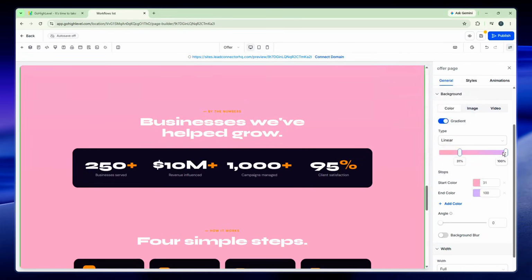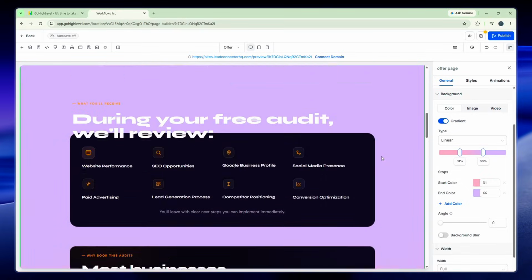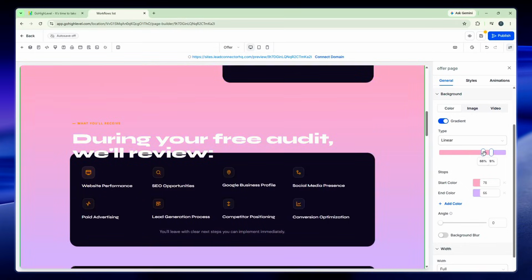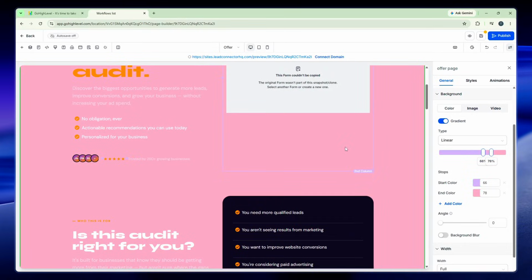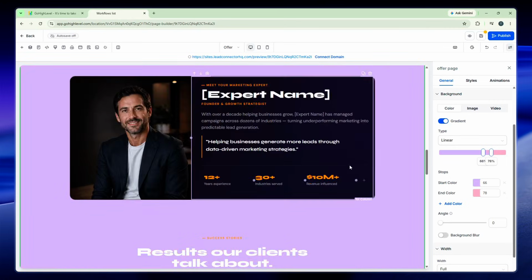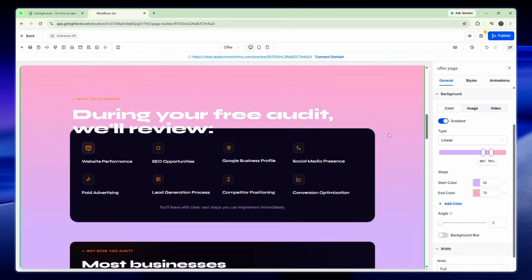Finally, you'll notice a slider appear on the screen. This slider allows you to adjust the gradient's direction and intensity. Drag it left or right to control how the colors blend and transition across your background. Play around with it until you achieve the look you're going for. And that's it. You've successfully added a gradient background to your website or funnel in GoHighLevel, giving it a modern and